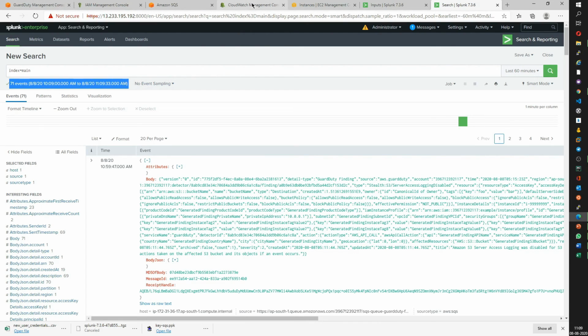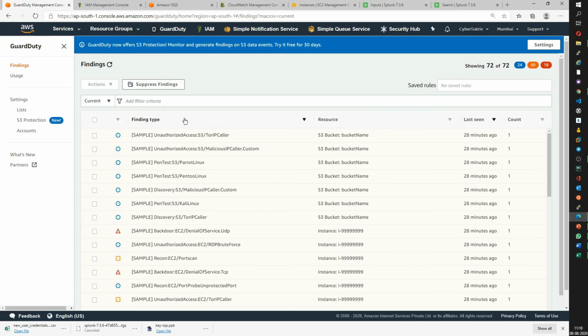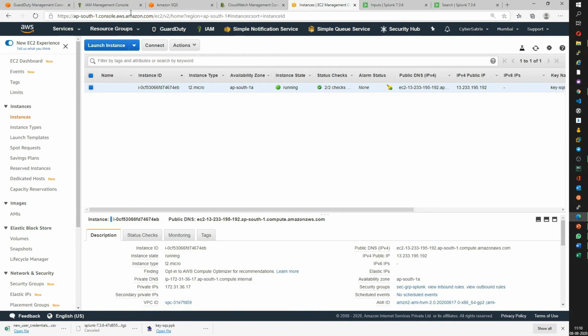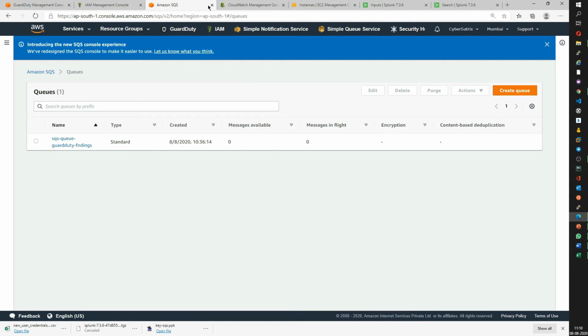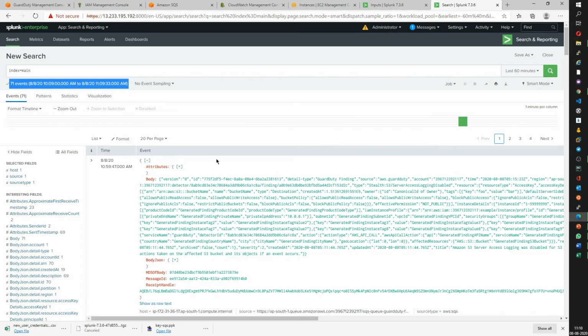We can quickly check that from GuardDuty also. So if you see, we have 72 messages, but we have received almost 71 messages which have been sent to the Amazon SQS, right? Okay, so that is great. So let us quickly verify whether this is coming from the same queue or not.